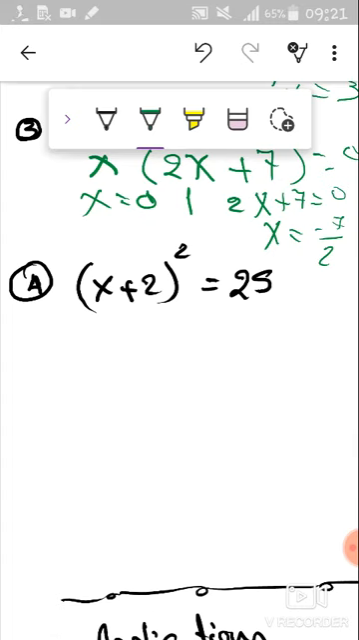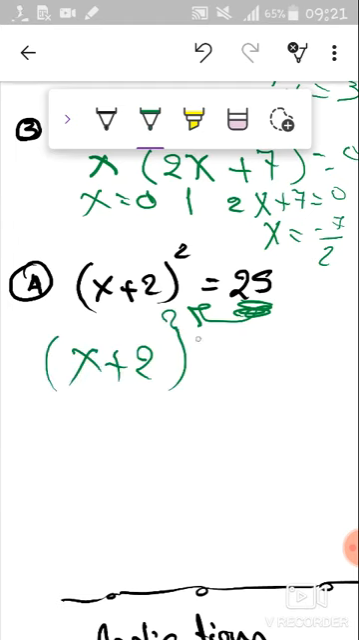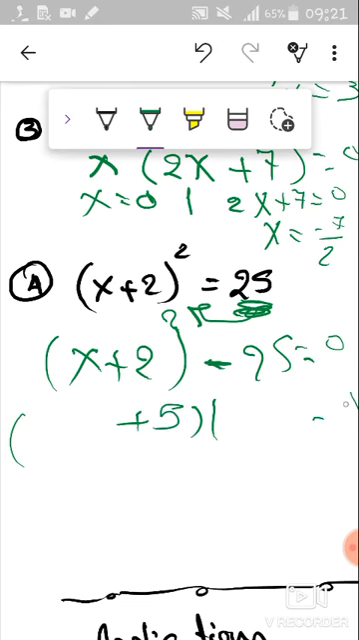Last one, here we have x plus 2 all to the power 2 equals 25. First of all, we have to move this 25 to the other side by changing its sign. So it will be x plus 2 all to the power 2 minus 25 equals 0. Here we have a difference between two squares. Two brackets, one of them is positive and the other is negative. 25 will be 5 and 5. X plus 2 all to the power 2 will be x plus 2 and x plus 2